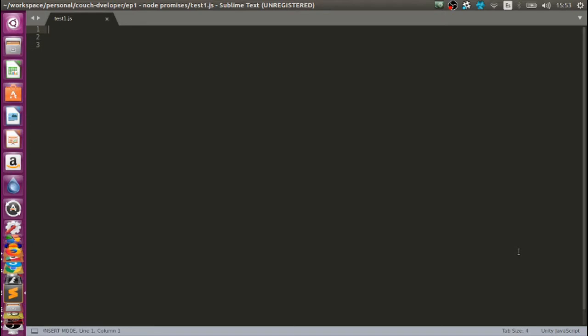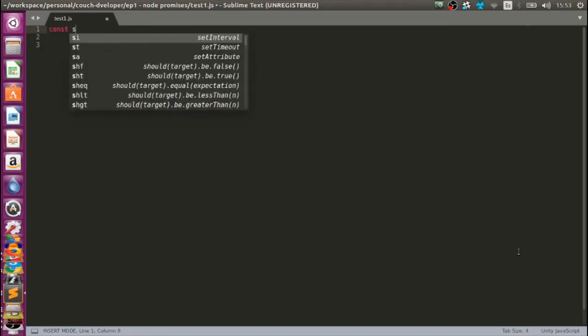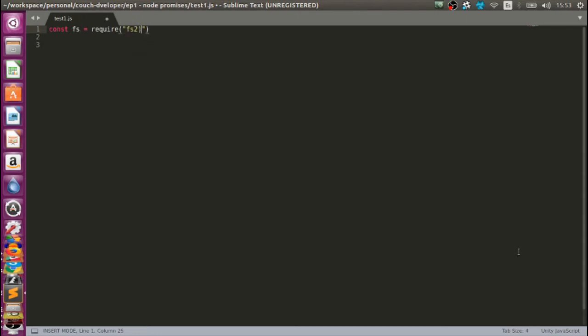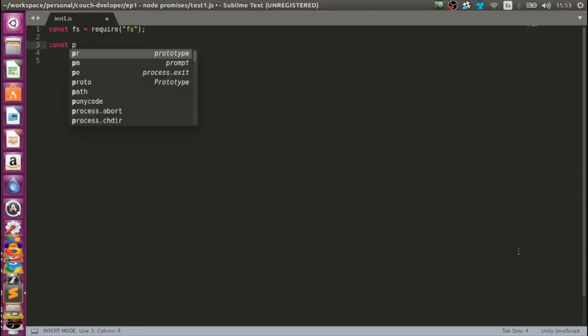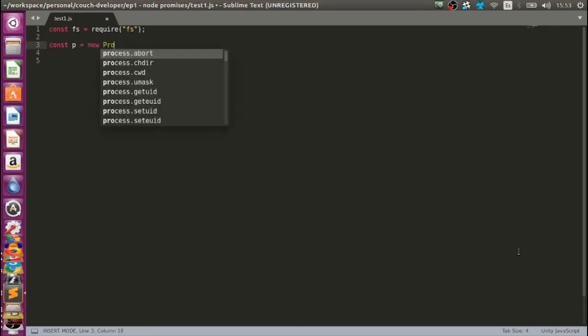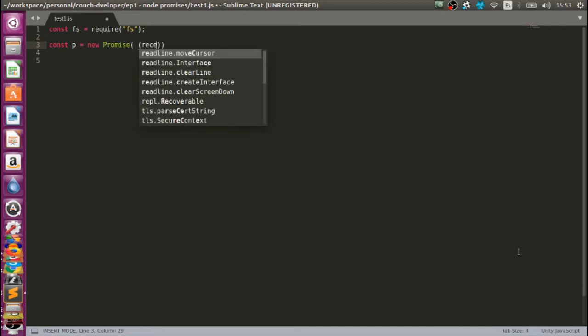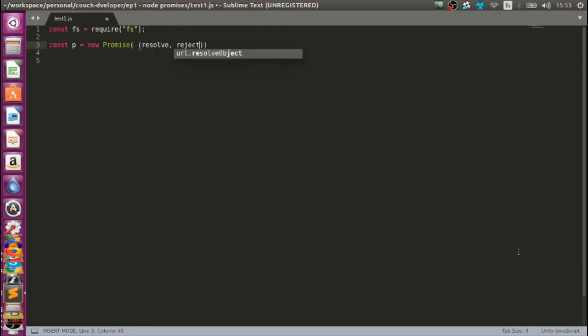Let's first require the correct module. And now let's create a promise with the function resolve, reject, and then let's just read the file. Let's just read this file, for instance,